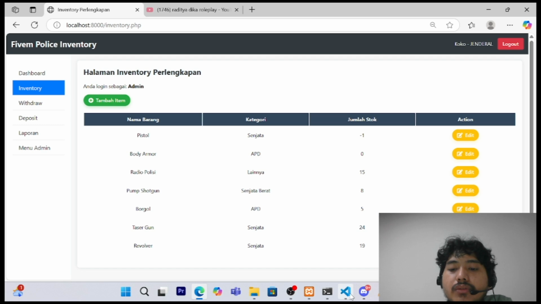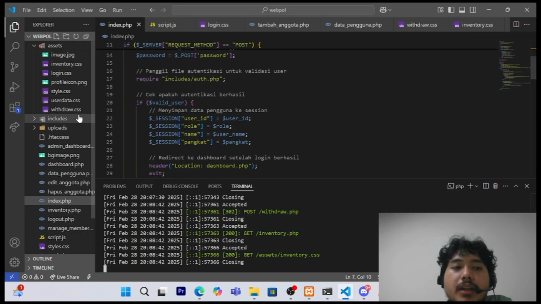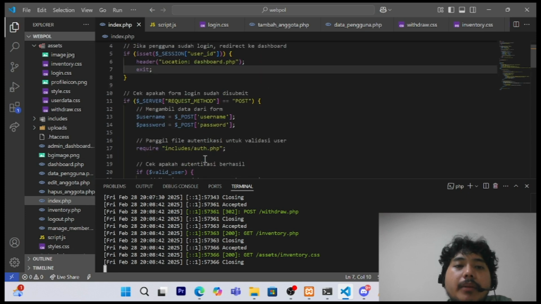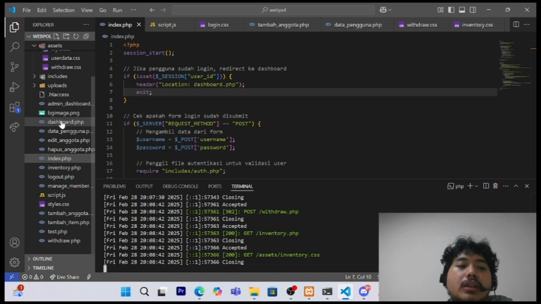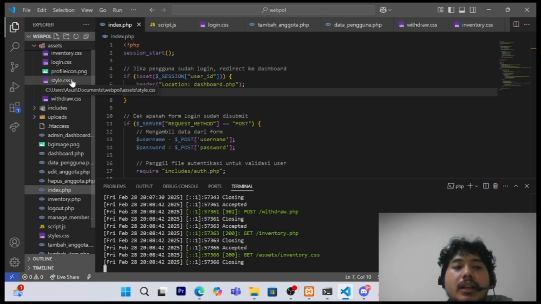Now I would like to show you the code. I made this application using PHP as the backend, and for the front end I use CSS and HTML.